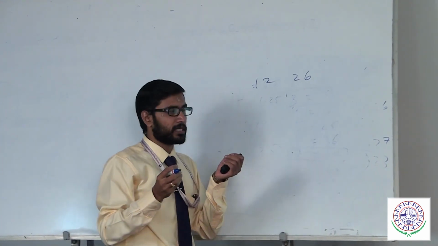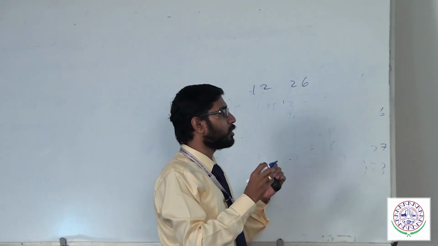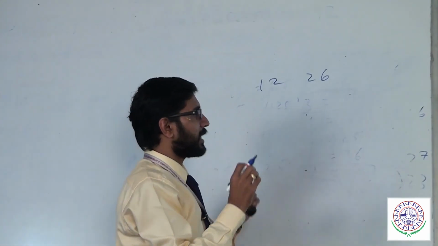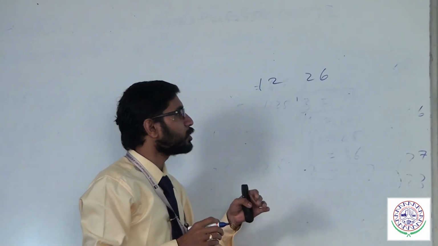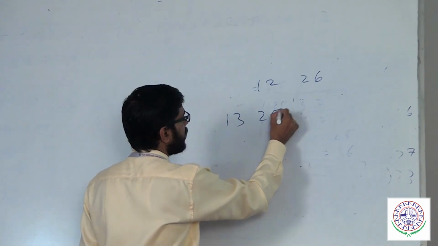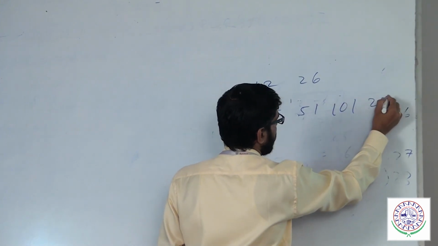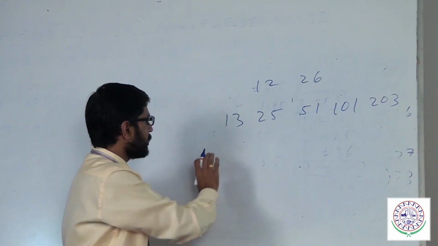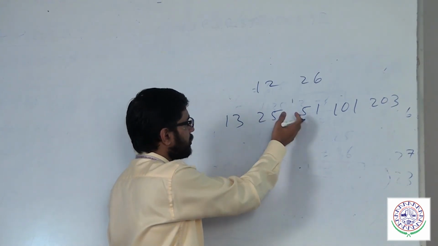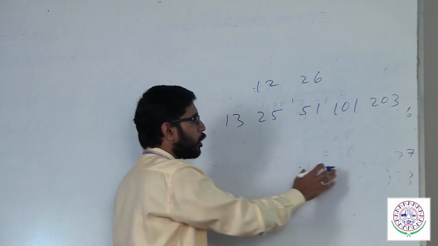So in the case of series questions, we cannot arrive at the answer directly. You spend 10 to 15 seconds and try to apply some techniques. If this technique doesn't work, you can take up one more technique. If I take up 13, 25, 51, 101 and 203, if you clearly observe, each number is approximately double the previous one. 25 is approximately double, 50, and 51 is approximately double, 102. So they are almost similar.